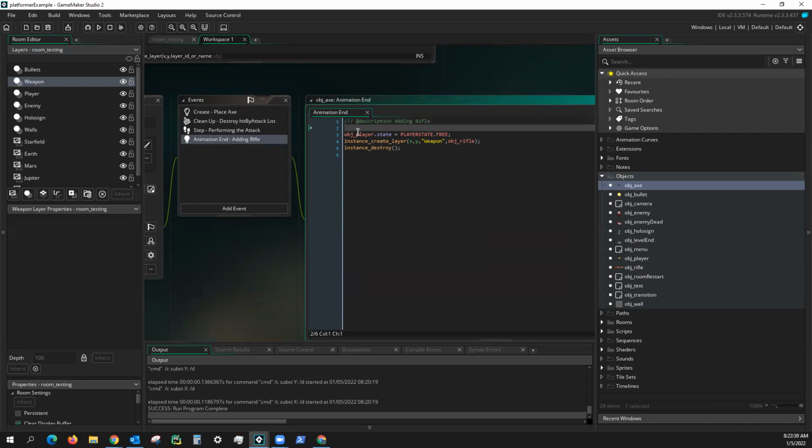So inside here, if an instance exists of the obj_player, if the player does actually exist here, shift this over, this is relevant for the future, but if there is a player still around at this point, player state gets turned back to free, and then